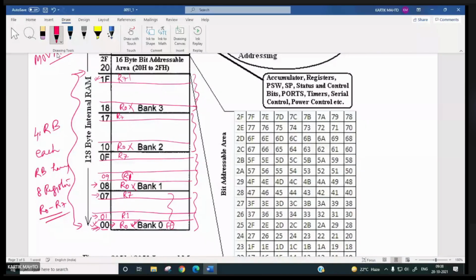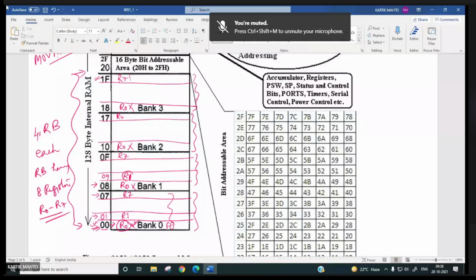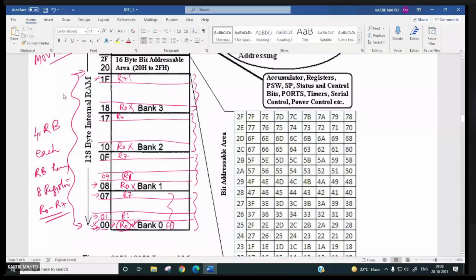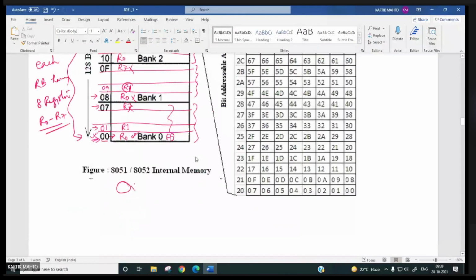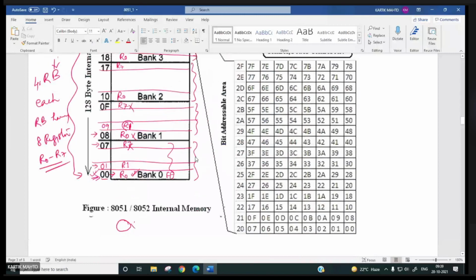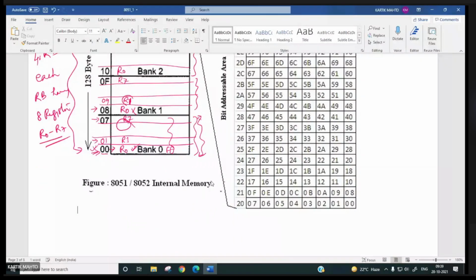Which R0 data will be copied to register A? In fact, you have to decide this using a control register, a special function register, and it is the PSW register.